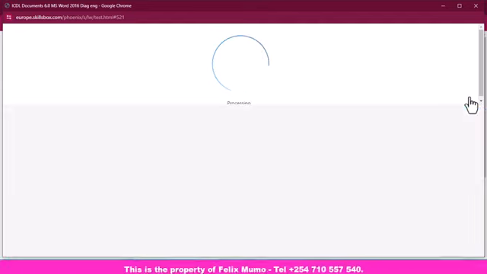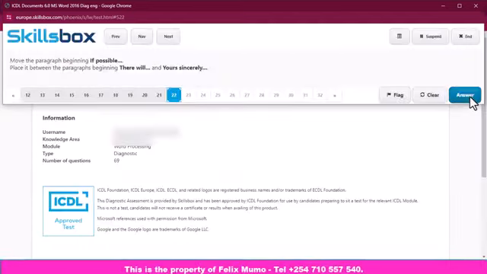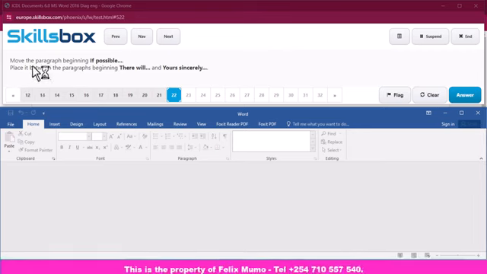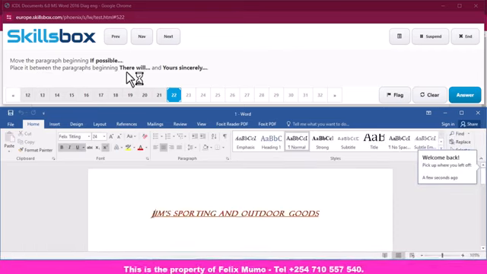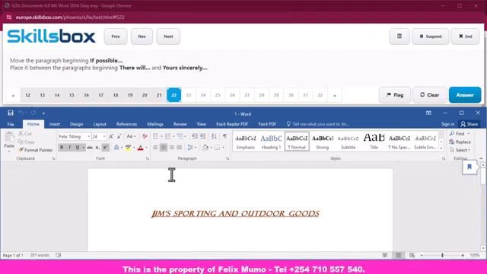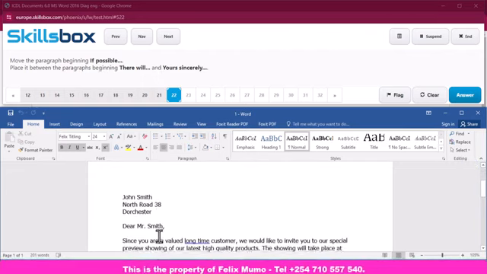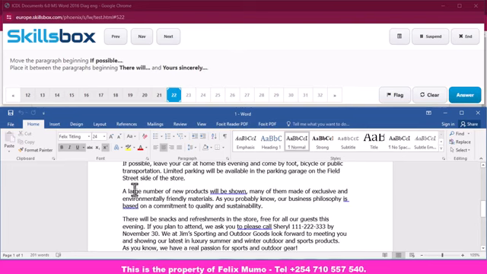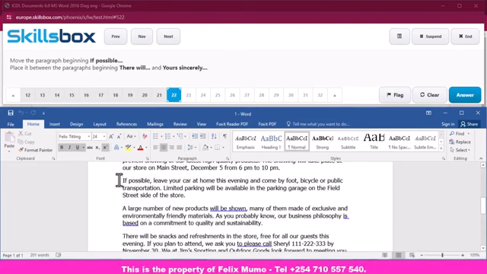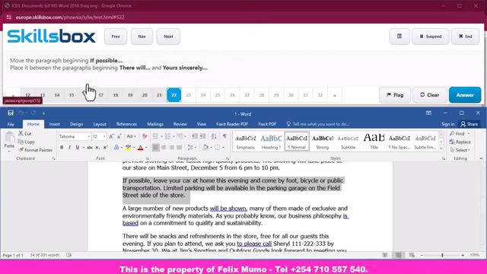Next question, move the paragraph beginning "if possible" and place it between the paragraph beginning "there will" and "yours sincerely". So you search for the paragraph that starts with "if possible". Here it is. So you first select the paragraph itself, and after selecting the paragraph, since we want to move,